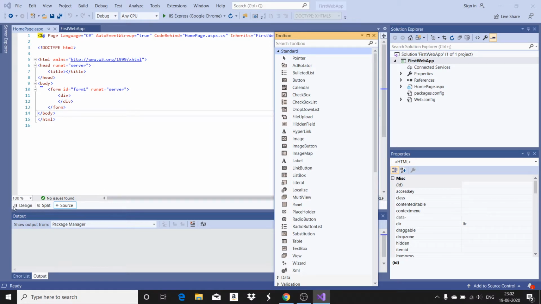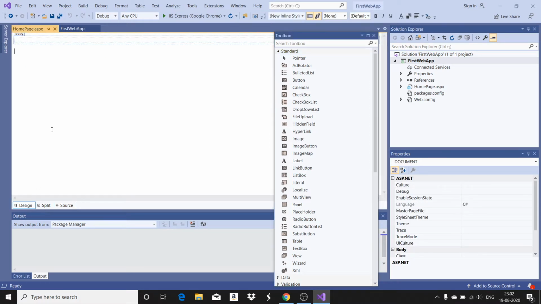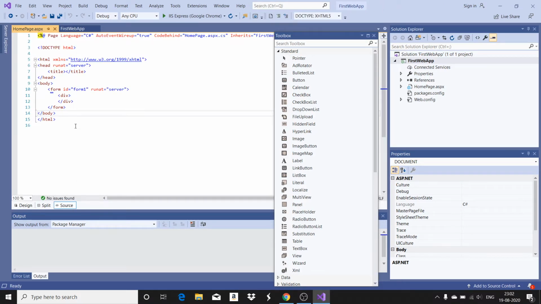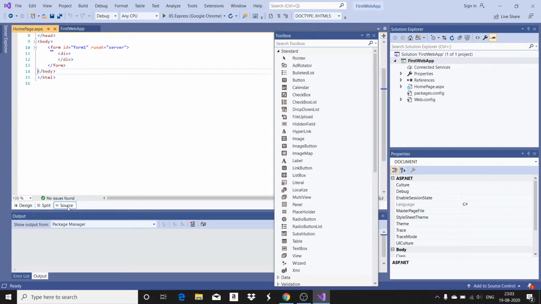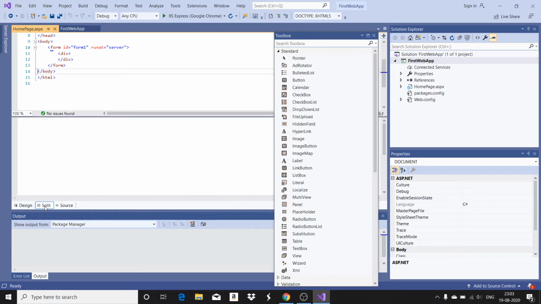Now what we are going to do, when you take the ASPX page, you can see here three tabs are available. The design, which will be showing you a design editor, source that shows you the HTML editor, and if you want both HTML as well as the design editor, you can click on split. So it will show you the design editor as well as the HTML editor. So you have the design editor alone, you have the HTML editor alone, or use split for showing both HTML as well as the design editor.